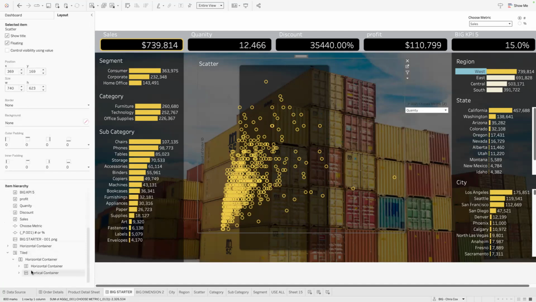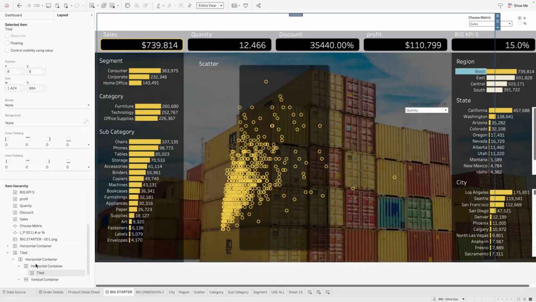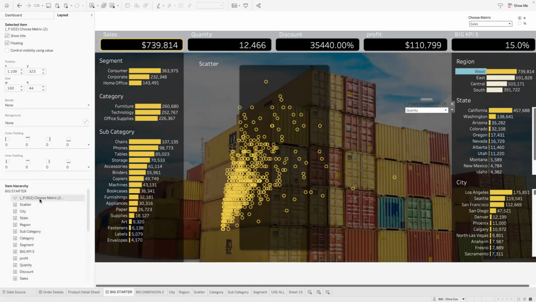So if you bring a dashboard in, there's my color, there's my metric 2. It's going to hide it. Oh, there it is. Oh, there, I didn't see it there.